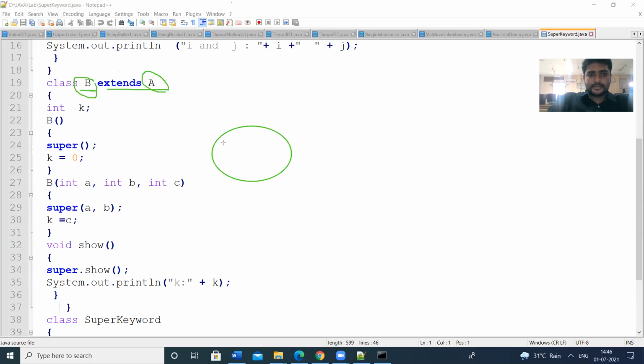So this is the class B. Class B can access the class A members.